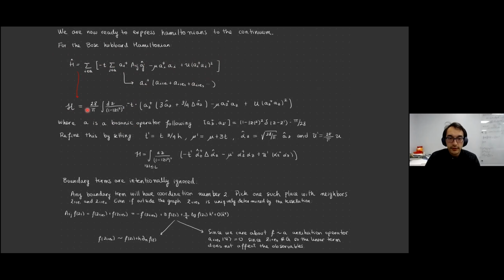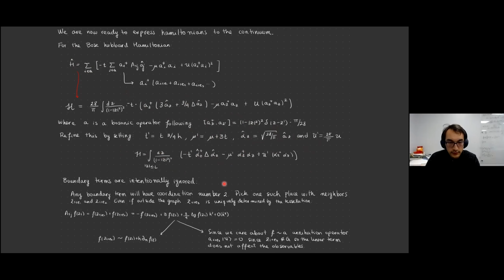So by applying the rules that we derived before, we essentially replace the sum by this integral and replace A by the corresponding expansion in terms of h squared. What we find is that we can describe this Hamiltonian by this continuum theory if we define these new operators in terms of the operators on the graph. And we extend just A, Z to some function that coincides with these A operators at the points of the lattice.